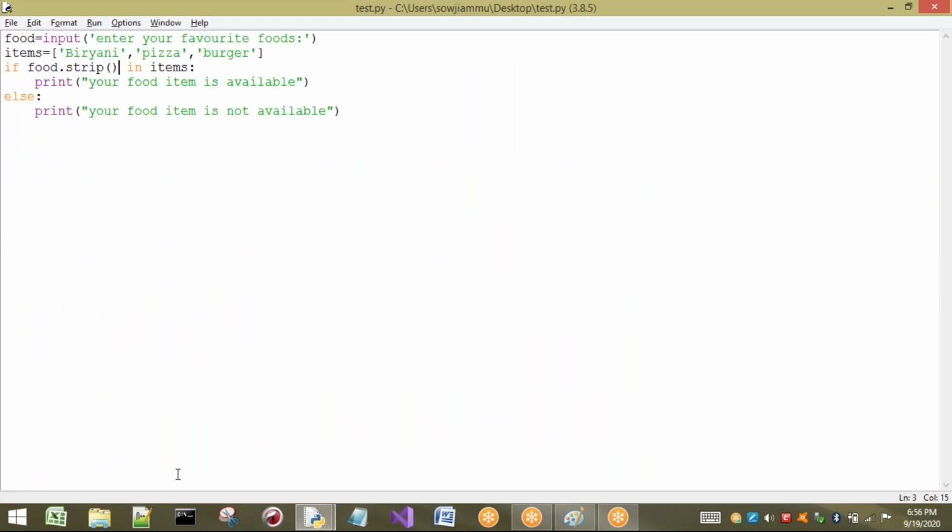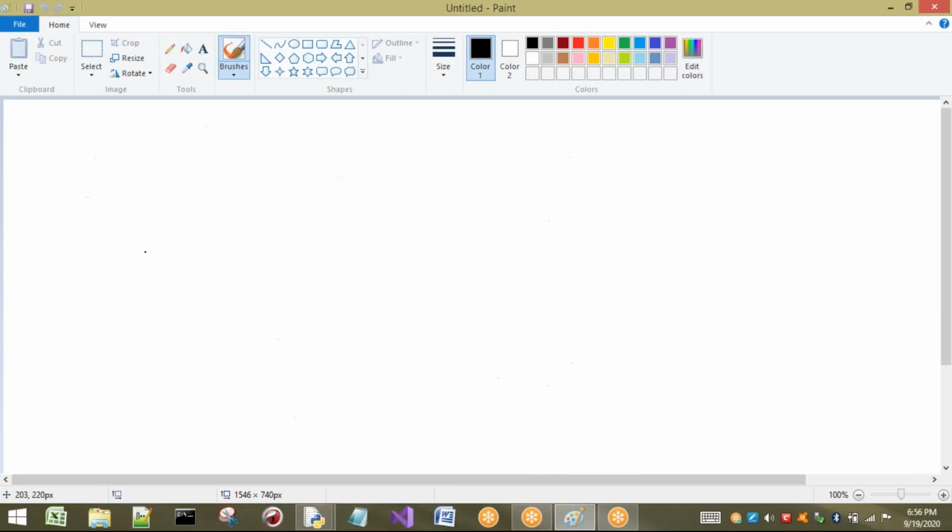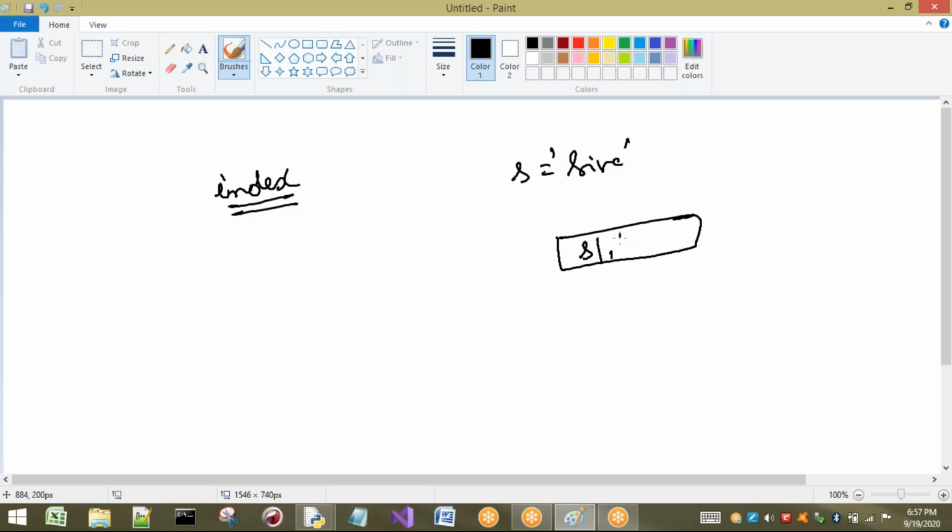So name is what? Index. So index means what? Already we know. So if you are going to initialize any value to a string, for that we are going to have some indexes. What is meant by index? For example, s equal to Shiva, a string is taken here. So here S I V A, these are indexes. These are called positive indexes. Generally used indexes are positive indexes only.